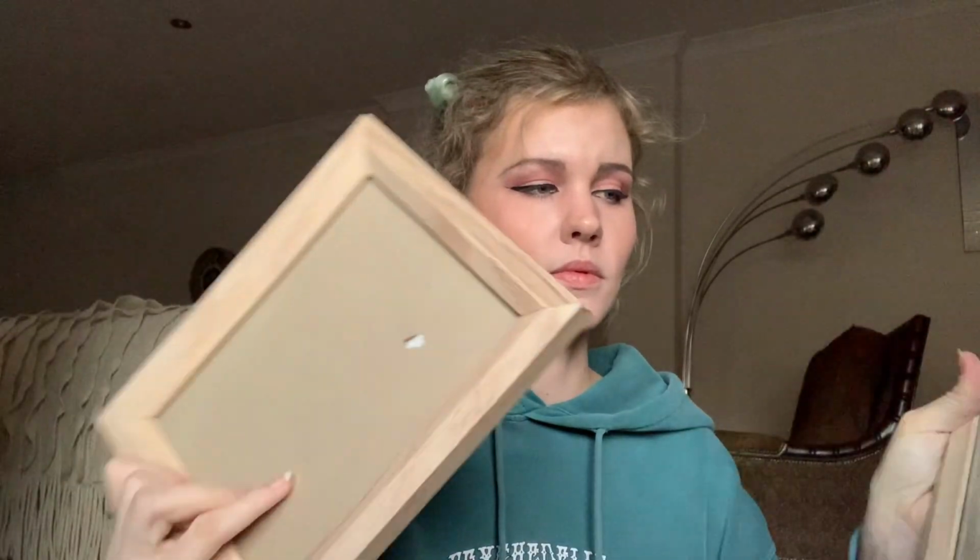So I have these two frames here, photo frames, and two other frames that are just slightly larger, and I got them just from the secondhand shop. They were, I think, $2 each. And basically what you need to do, that's Willow playing with the tripod, and basically what you need to do